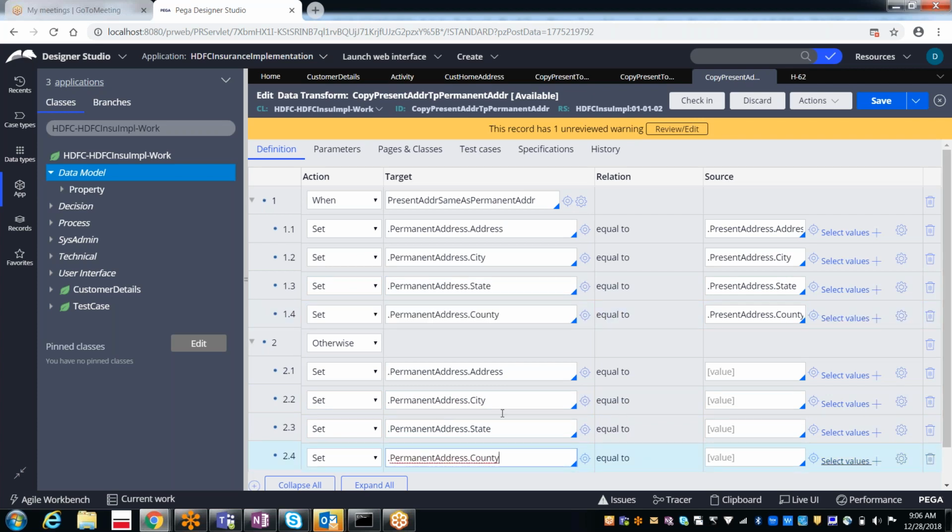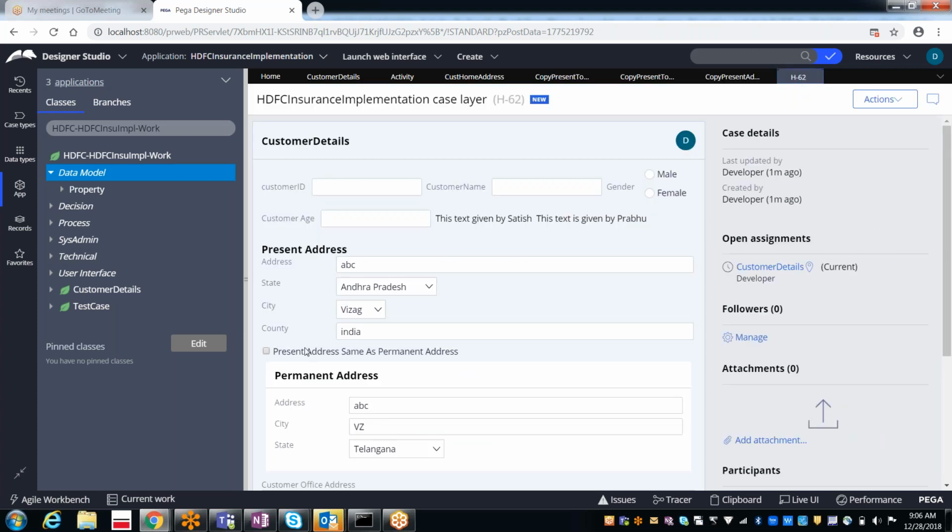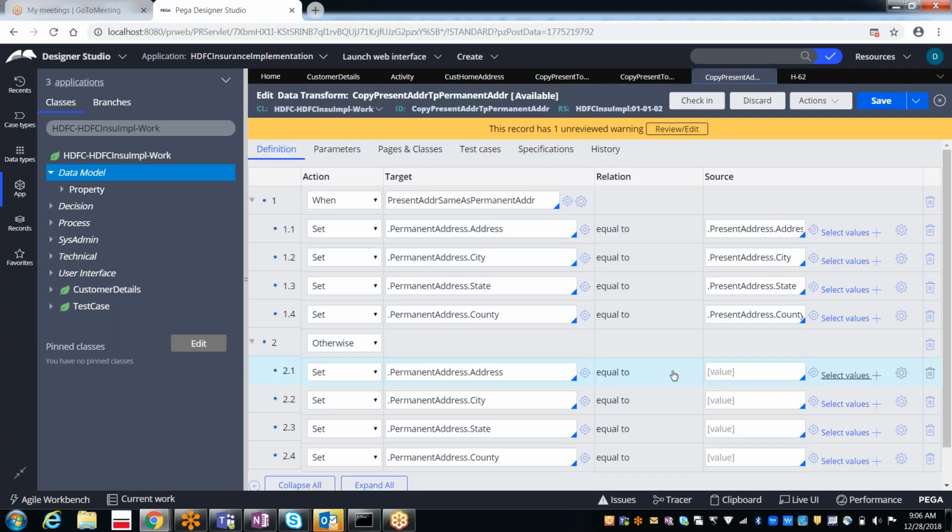Now we need to assign which value? When the condition is true, we are copying these values. But when you deselect the checkbox, we want to assign which value? None. When this checkbox is not selected, what do we want to perform? Empty. When it is selected, copy. But if it is not selected, say what I want to do. Null character. Exactly, we want to remove these values, right? So the values is nothing but assigning the null values.